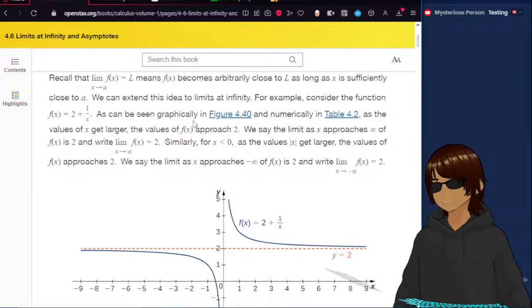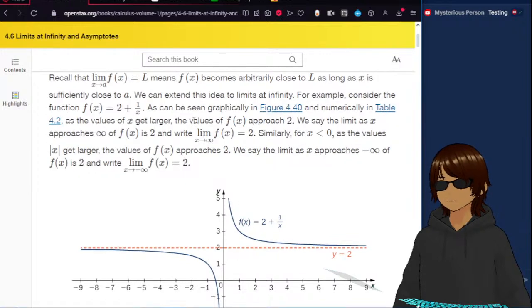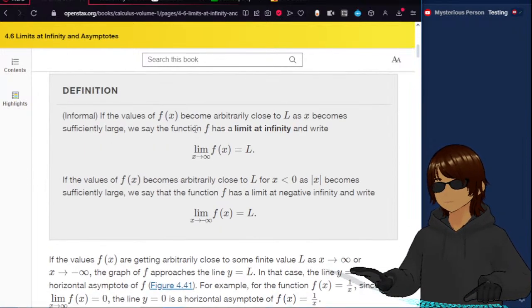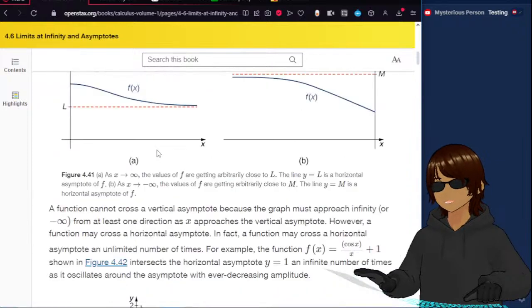Similarly, for x less than 0, as the values of x get larger in the negative direction, the values of f of x approach 2. We say the limit as x approaches negative infinity of f of x is 2. Okay,